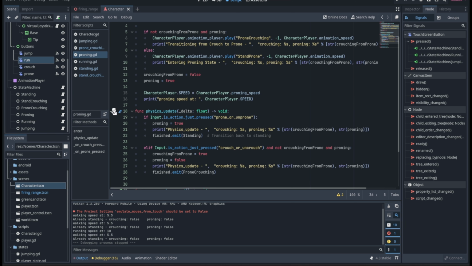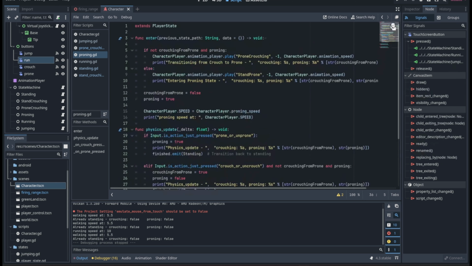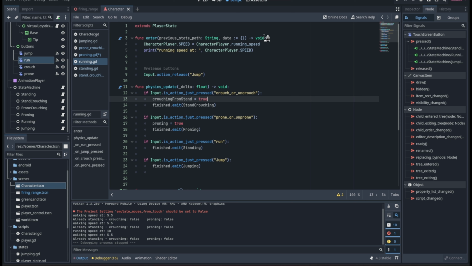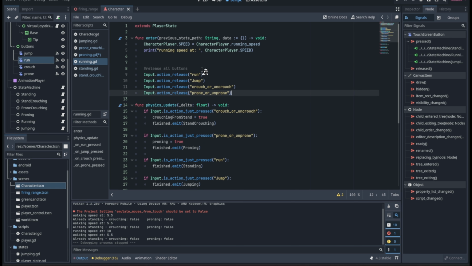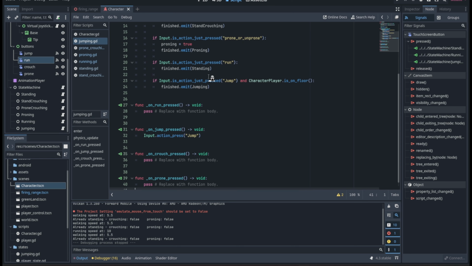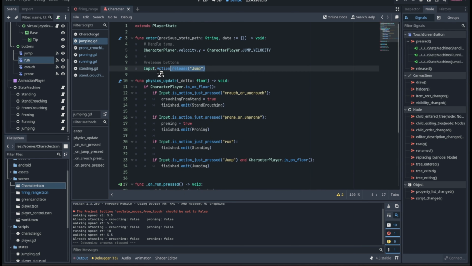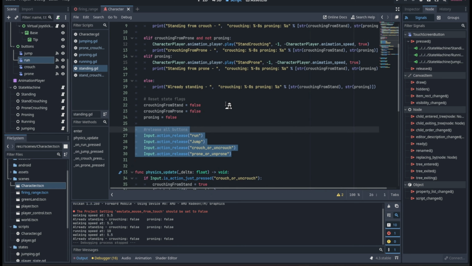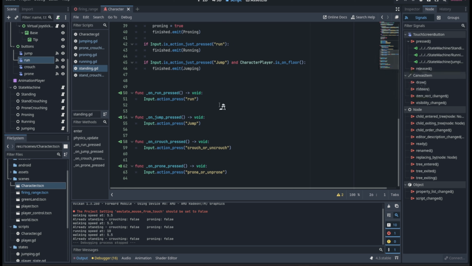Do the same with proning. Check if it's in the enter virtual function, and we are. Do the same with running. Okay, this is our... Okay, so jumping. Yes, we did this earlier. Okay, so that's only for the release of the other state functions. If you remember correctly, we only have defined the action press of the standing script itself, not the other state